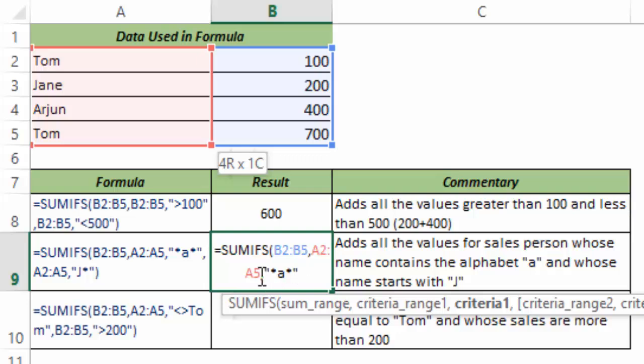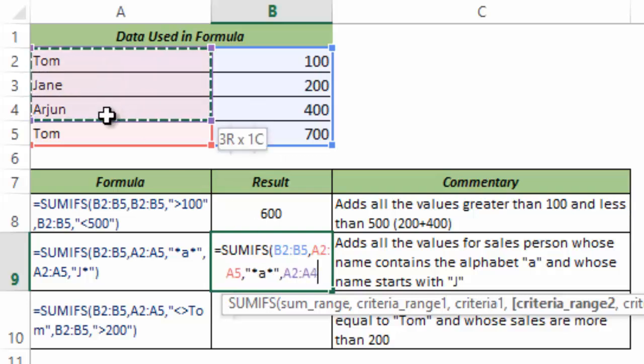What this specifies is that any word which has alphabet A in it would satisfy this criteria, because it says that there should be alphabet A and there could be any number of characters before A, which is denoted by this asterisk, and there could be any number of characters after A, which is denoted by the second asterisk. So now my first criteria is built.